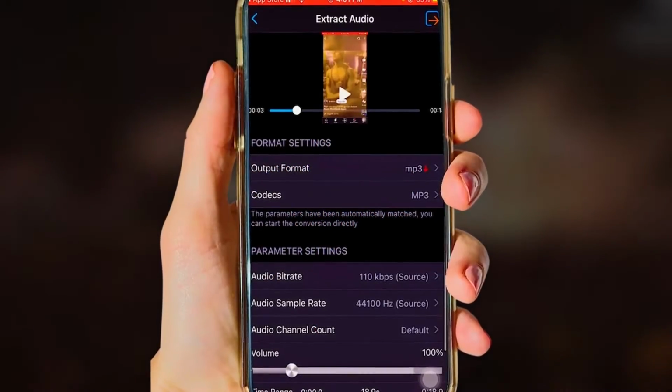In today's free tutorial, I'm going to show you how to download music or play songs on your iPhone device